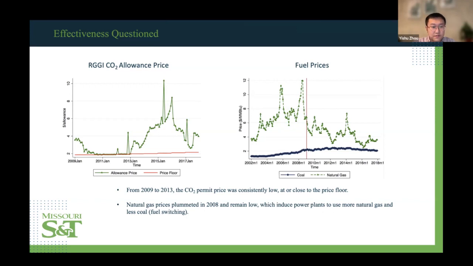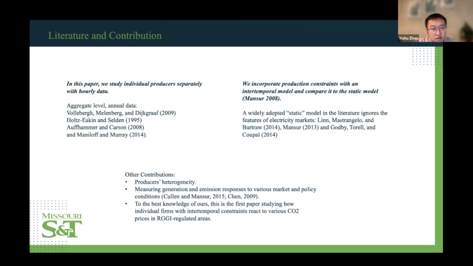Then the contribution of this paper is, first of all, that in the literature, most papers used annual data at the aggregation level, for example, at the state level. But in this paper, we use very detailed data, hourly data from individual generators or power plants. Another contribution is that, because we use very detailed hourly data, we can observe more